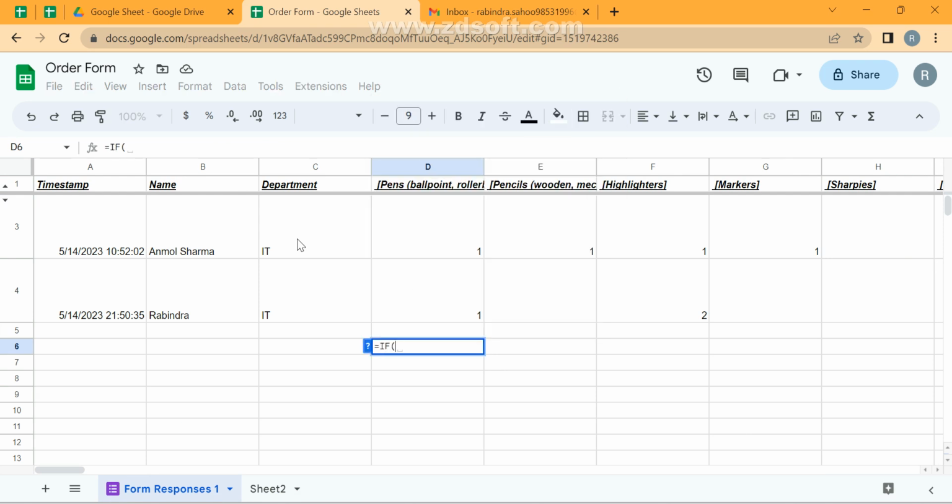If D2:D, entire column I'll take. I'll not take only D2, I'll take the entire column D2:D. If it is blank, then give me blank. If there is no value, then give me blank. Okay. If there is value, then what I'll take? Same thing, I'll take alt enter,